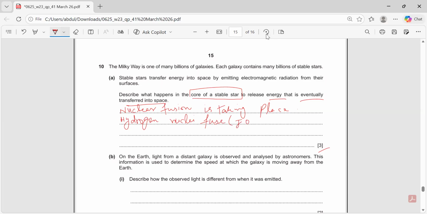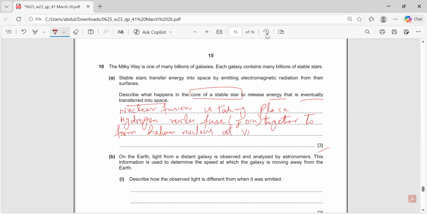Even you can write join. Fuse together to form helium nucleus